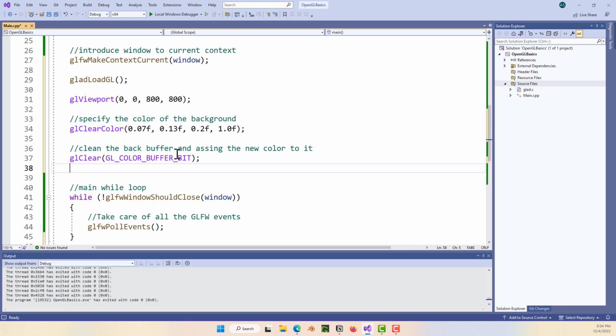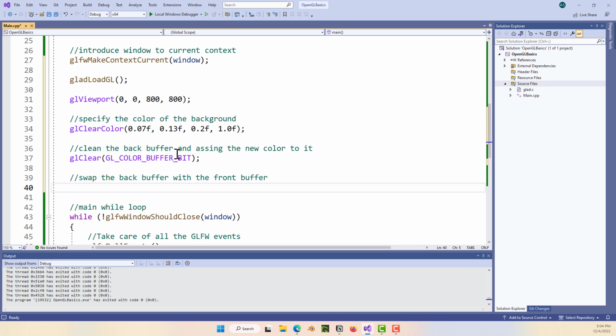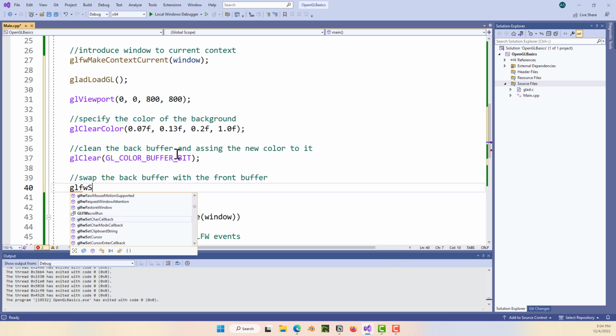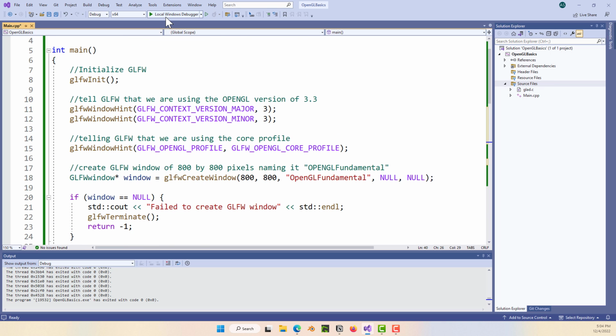After that, we'll swap the back buffer with the front buffer: GLFW swap buffers, and then the window. This should be it. Now if I run this,